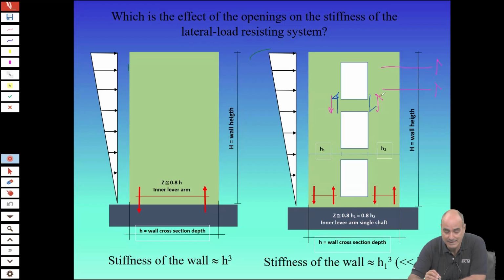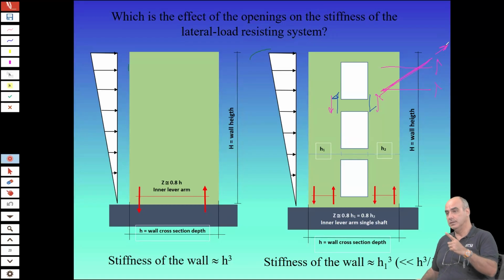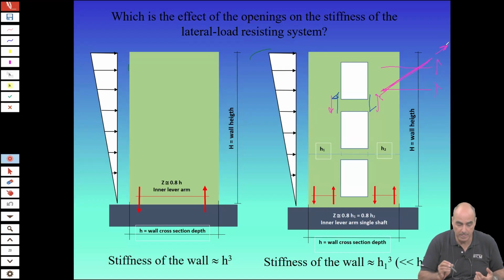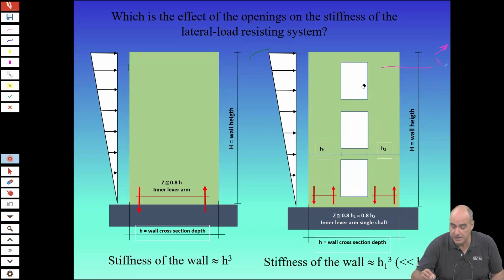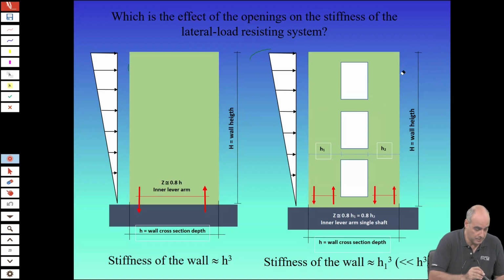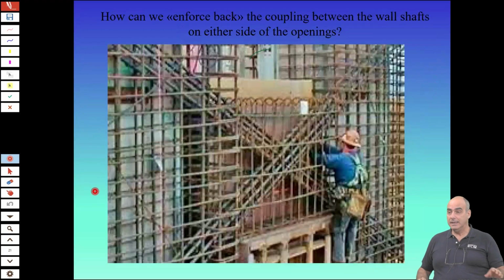If you have diagonal reinforcement like this, you see this force here will be taken through an action which is tensile for the bar, which is the most natural way for the bar to work. But as we can see from this figure, the requirement for this kind of reinforcement can be so high